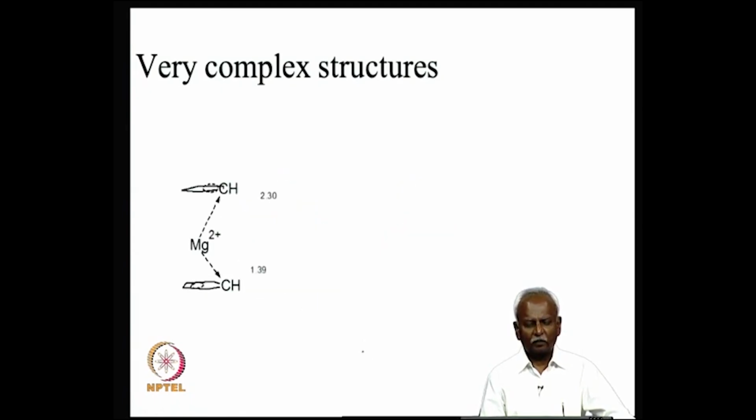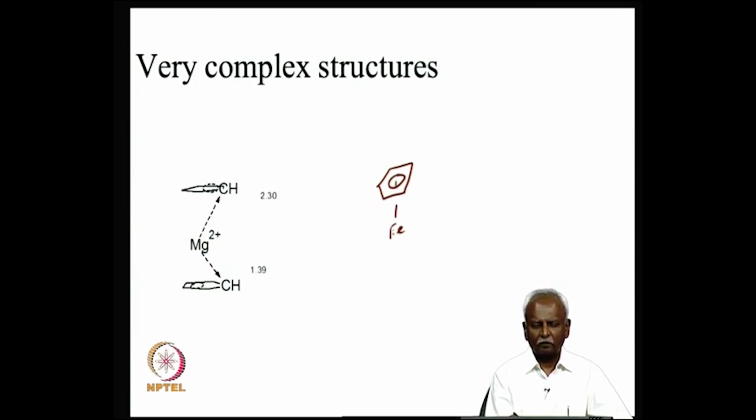So, here is a picture of a magnesium coordinated to two cyclopentadienyl groups. Most of us are familiar with the structure of ferrocene, which has two rings of cyclopentadienyl attached to iron, and so this is a very familiar structure. Now, if you try to make the analogous magnesium CP2 species,